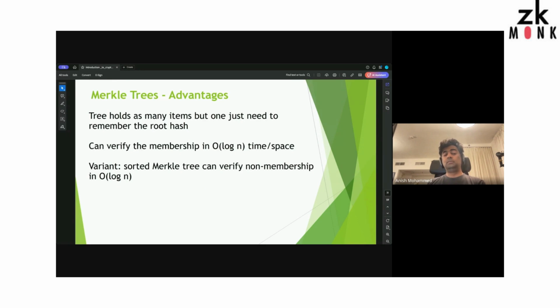The simplest way to describe the advantage of having a Merkle tree is the following: whenever you want to verify something, it's easy to verify. Let's ignore complexity. When you are really bored, you can read up on big O notation. It measures how much time it takes to compute something. There are different kinds of complexities, such as time and space, and there's a trade-off between them: how much you can store versus how much time it takes to compute.